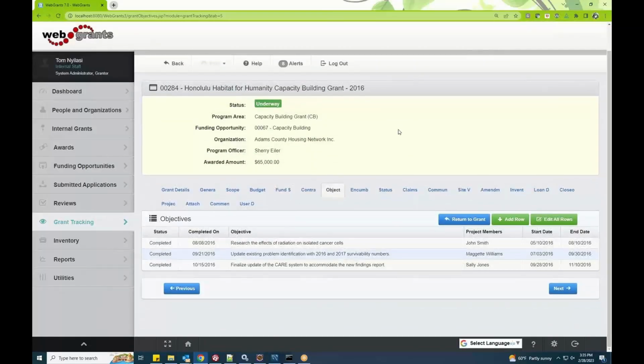Objectives is another example of a component that originated in the application and was copied from the application into the grant. Once these objectives are in the grant, they can then further be copied onto the status report. So if the applicant said, okay, I'm going to do A, B, and C on their application, then A, B, and C can automatically appear on their status report. And there is no need for anybody to retype that information, verify that it's correct, check it for accuracy or completeness. All of that data will just flow automatically from the application